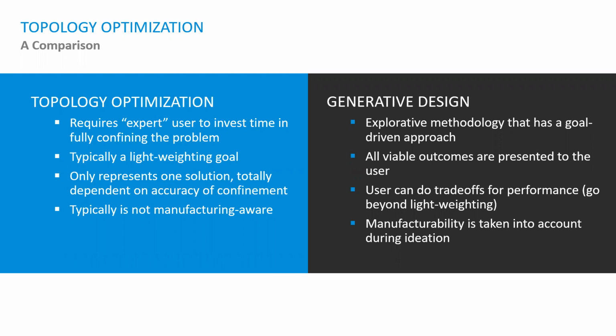Topology optimization, as I already told you, is based only on outcome. You will get your outcome only according to the customization of material. You can only reduce the mass, and you will get only one solution, one result. And after that result also, you need to perform testing analysis, whether that result is feasible or not. You need to go for the analysis, whatever type of testing you want to do, structural, thermal, buckling, whatever study you want to perform.